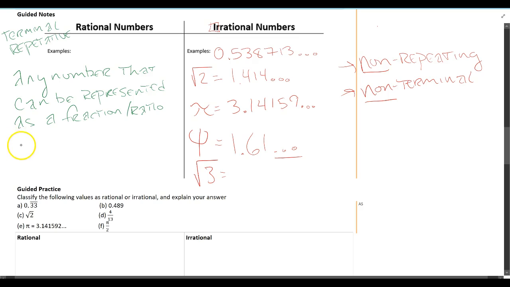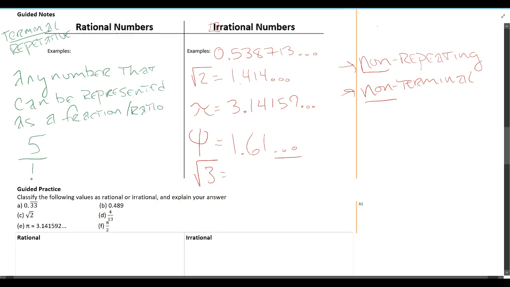So some obvious ones we can think of. I don't know, let's say 5. 5 terminates, it ends, right? And it is not necessarily repetitive, but if you really want to, it could be 0, 0, 0, 0, and so on forever. It terminates, it ends, or it is repetitive. It can also be written as a fraction. 5 is a fraction. It is 5 over 1.